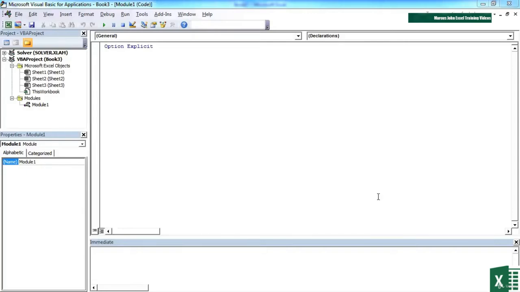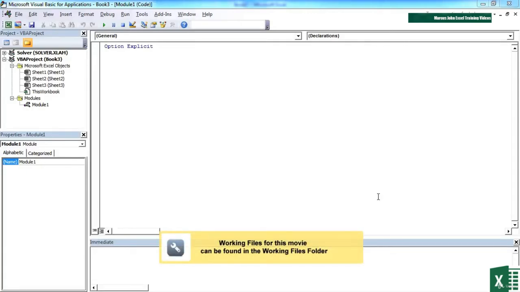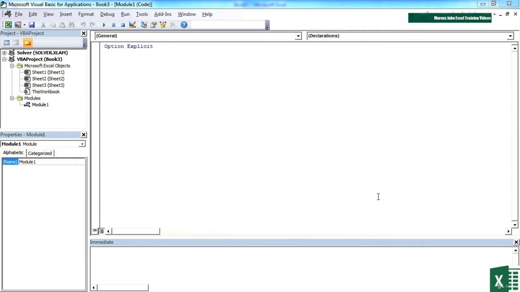You may have heard the term intrinsic constant. An intrinsic constant effectively is a built-in constant. It already exists, it's already been defined, and we can then make use of it in our VBA code. Now, where they pop up usually are when you're assigning values to things or attributes, or in any number of